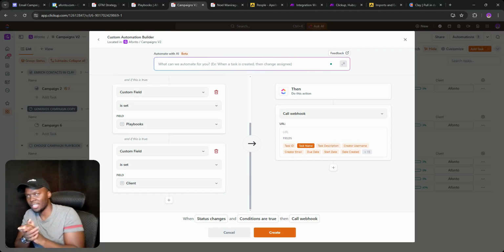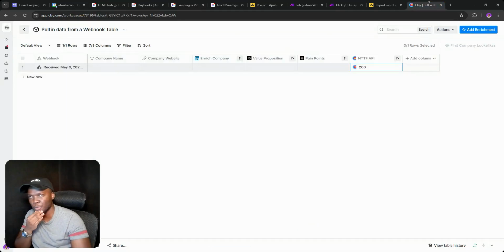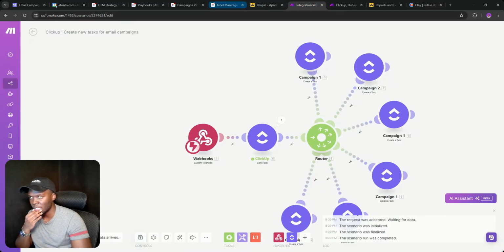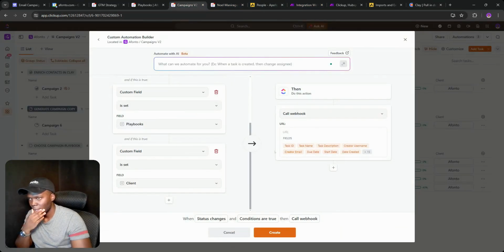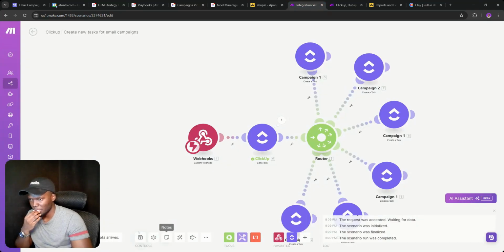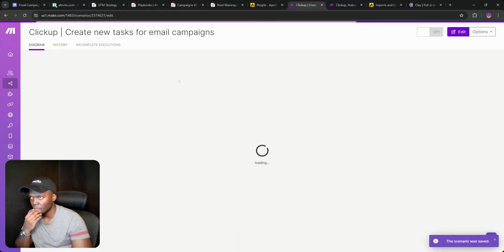This is interesting, right? What I'm thinking about is whether we call a Clay webhook to send it automatically to another table that creates the copy, or whether we send it to an automation like this. I'm leaning towards a Make automation. So we're going to save this,